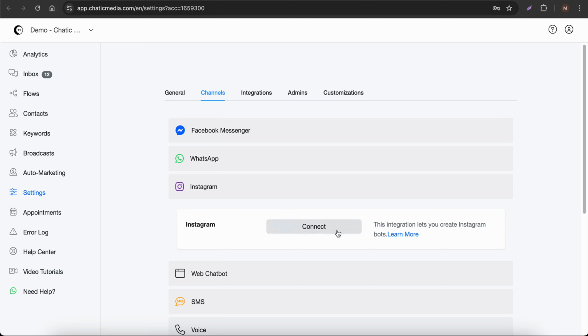So before you even connect your Instagram account on our platform, you have to make sure your Instagram is actually connected with the Facebook page, because Meta actually allows any sort of Instagram automations through the Messenger API. So that's why your Instagram should be connected to a Facebook page to build any sort of automations on your